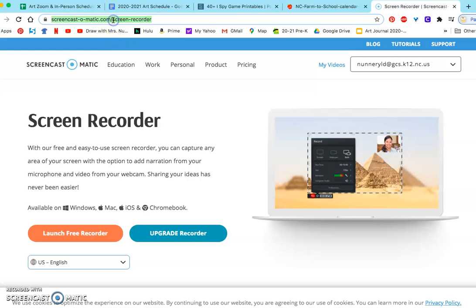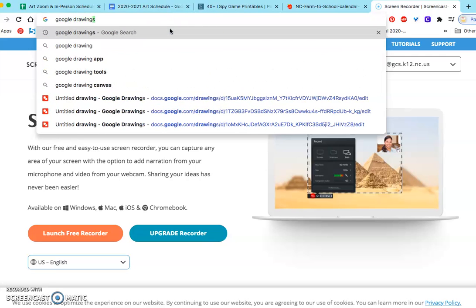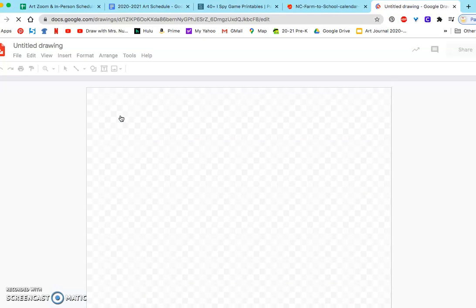Okay, so right here, I need you to go into the search engine. So go there, and I want you to search Google Drawings. This is the symbol for it. Go to the first one here. Click it. And you get a blank